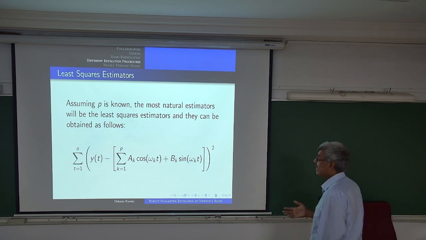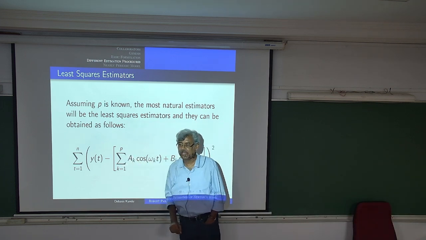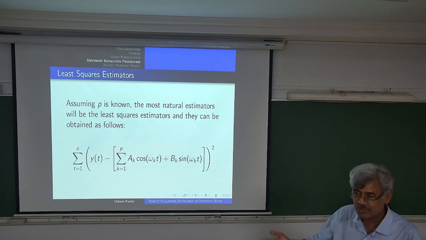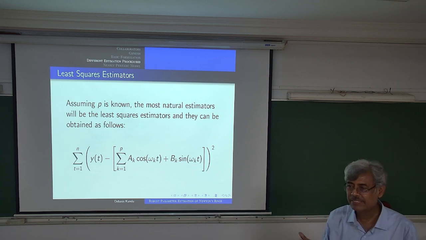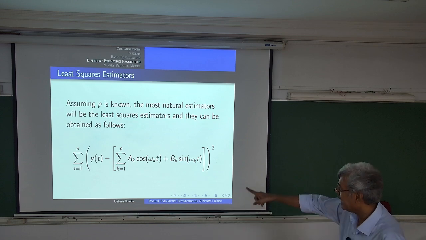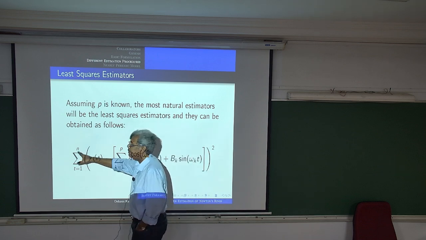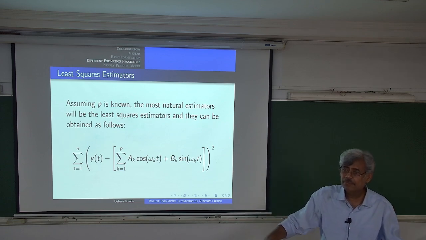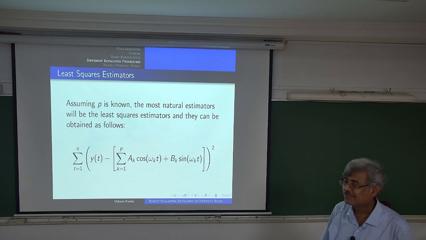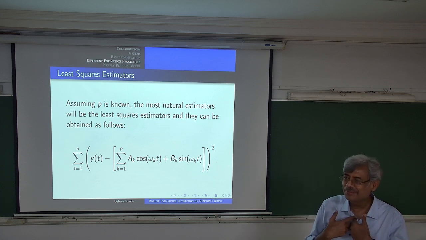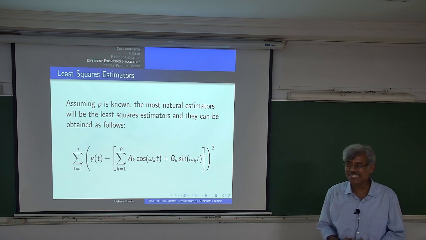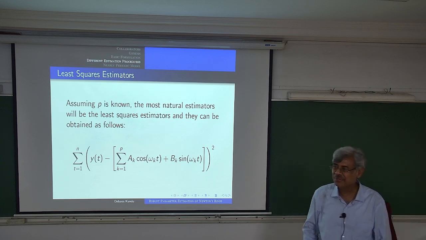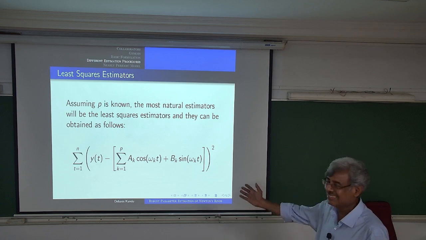Not only that, just think about it. Suppose your p is equal to, say, 100, which actually happens. Suppose you are looking at ECG data, p turns out to be very large, maybe around 75, 80. Your n is also quite large. N might be 1000, because you can have enough data for the ECG signal. So the machine will churn out various AKs and omega k's. If you give it the proper algorithm, that's what it is. Nowadays everybody says they will use a machine learning model.